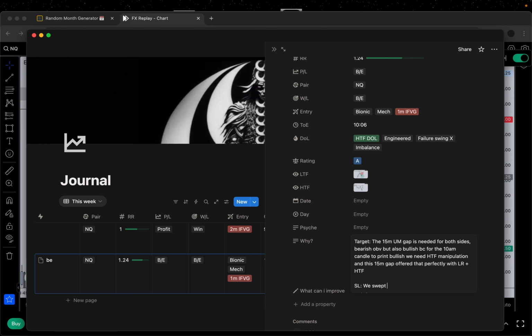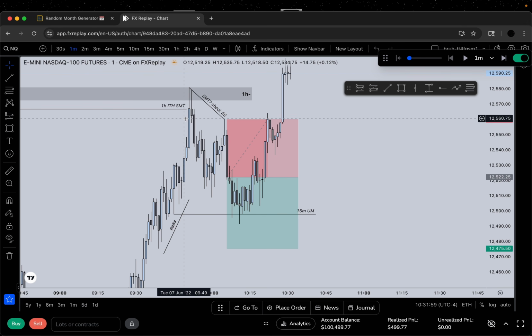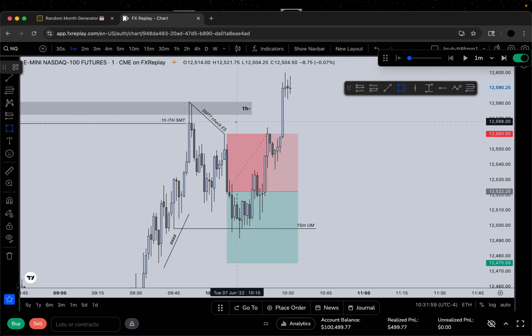Well, we swept 1 hour intermediate high with SMT plus 1 hour gap tap, or 1 hour fair value gap minus SMT, followed by displacement and a low time frame stop hunt that offered our IFVG setup. What I mean by here is I'm talking about why we wouldn't go higher than this high, and then this one that we print later, where we sweep this high inside of this gap, is very telling, because we're clearly rejecting this. We're still respecting bearish, and we just printed more lows for 10 a.m. to clear out.